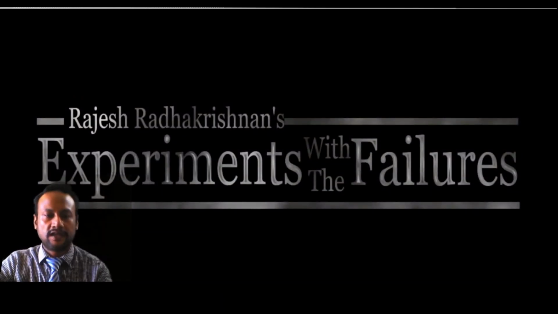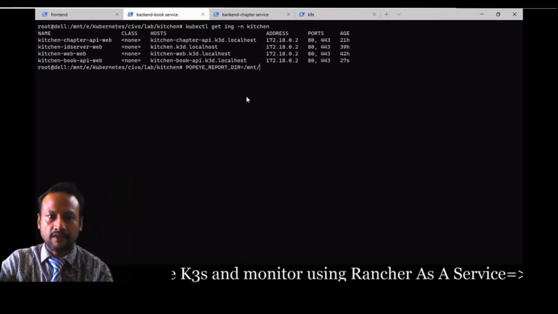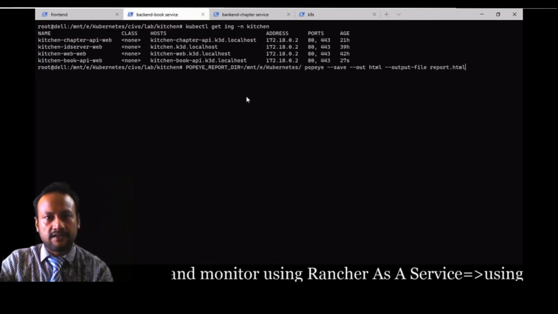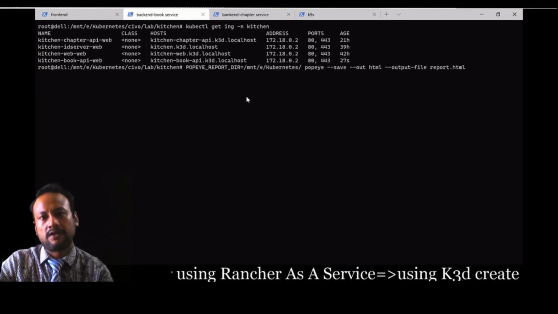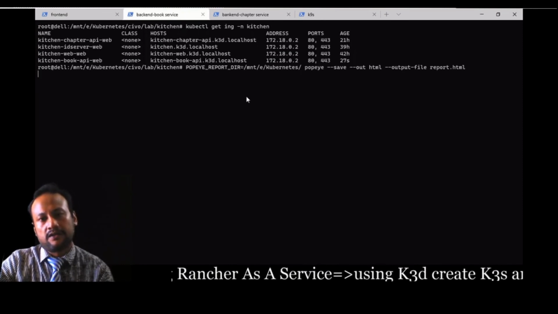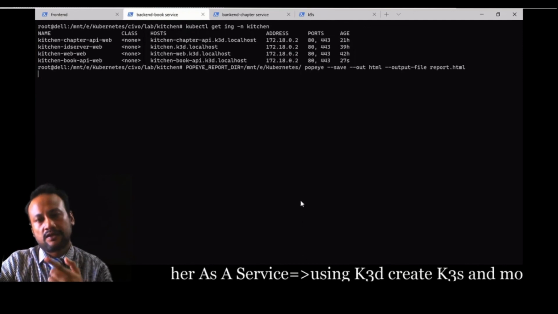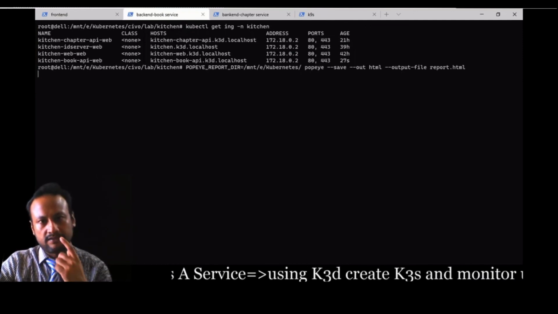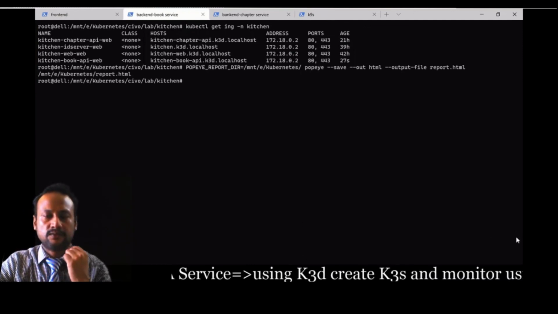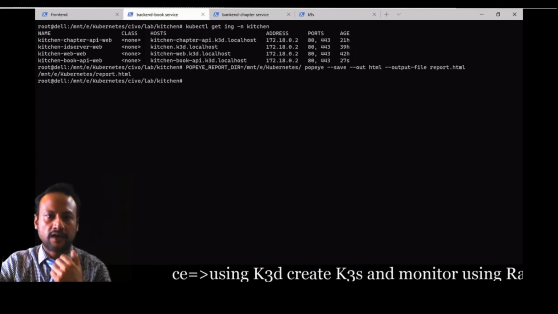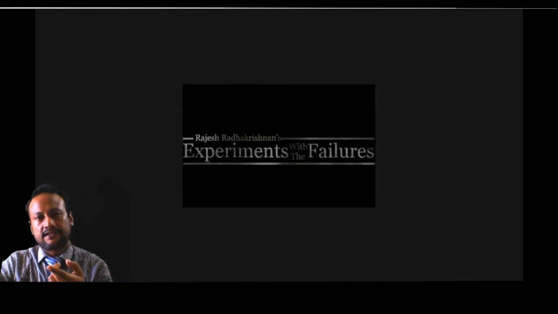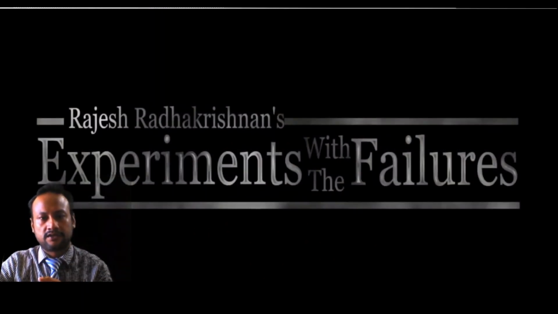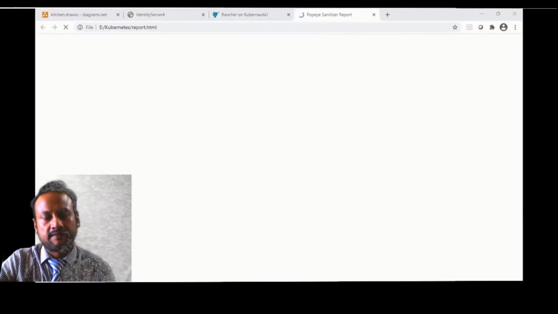So this tool will help us get the details. In a few minutes we can see that. I'm running this command. I have installed Popeye already. I did the same to install K3D and K3S. You get it from the URL, run wget, then extract it, move it to the bin folder, then it works just like any other command.